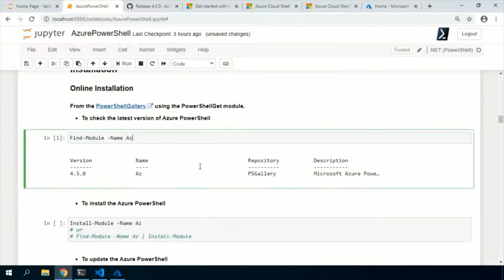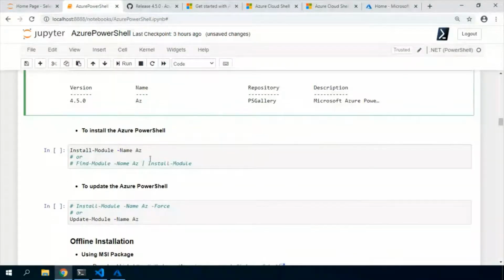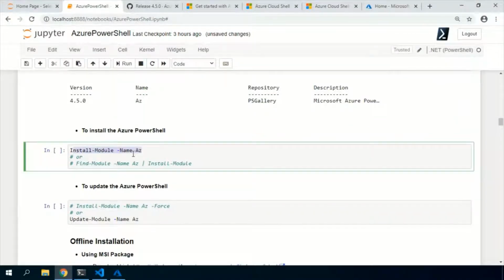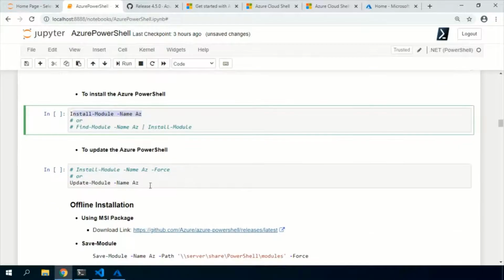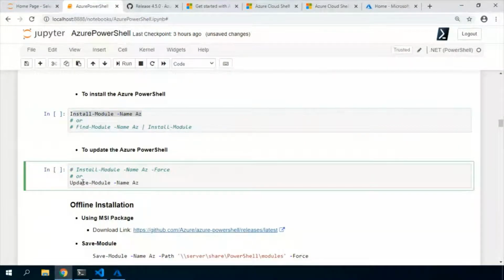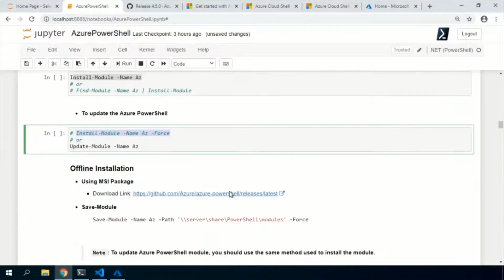Okay, it took some time, but we have the latest module here. To install, Install-Module -Name Az, and to update, we have Update-Module Az. You can also use the Force flag with Install-Module itself.